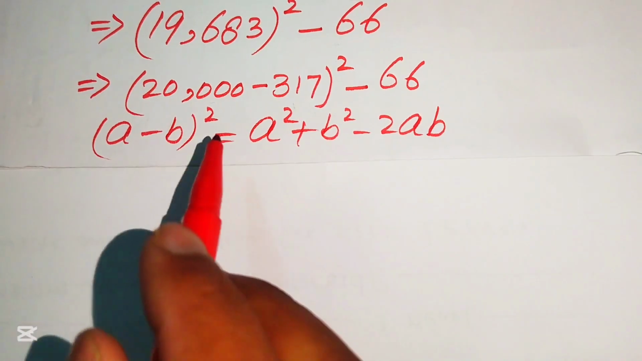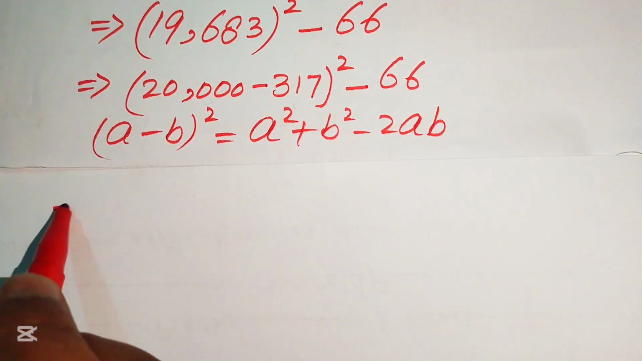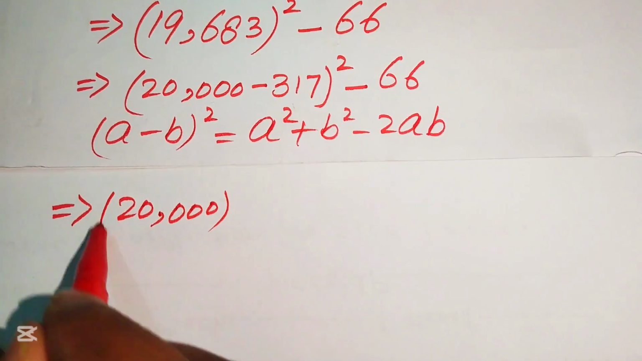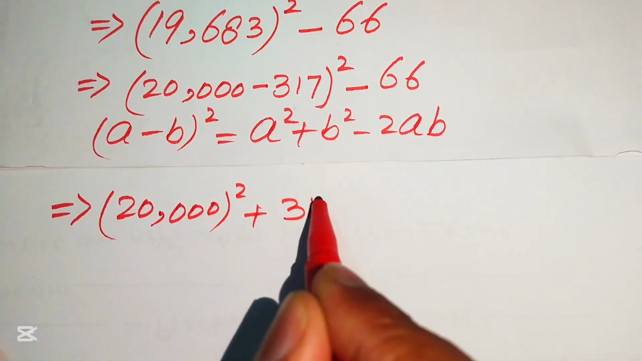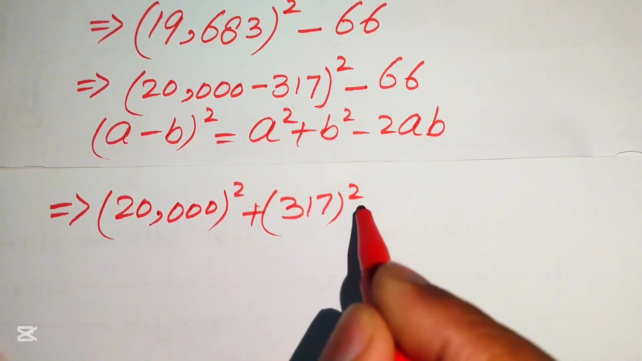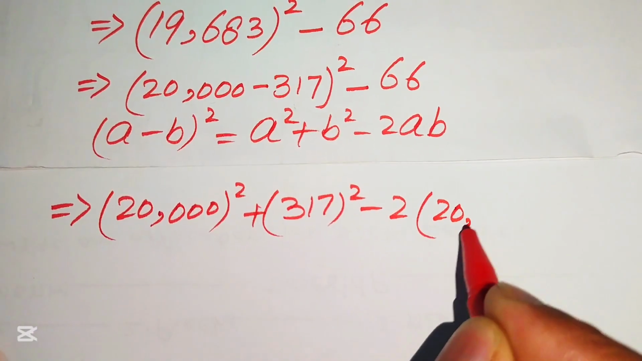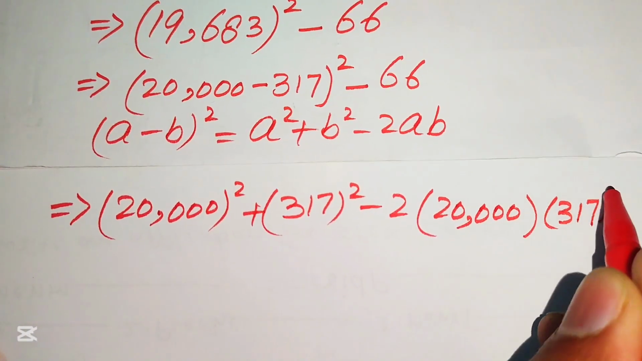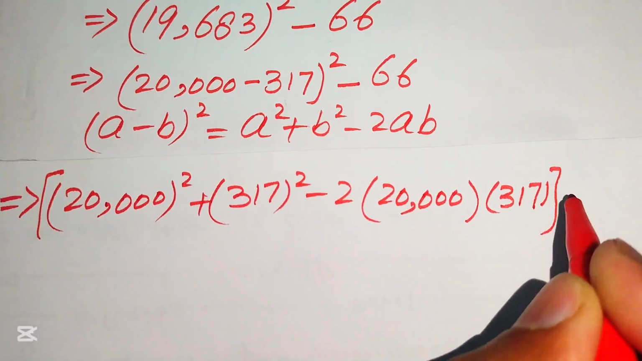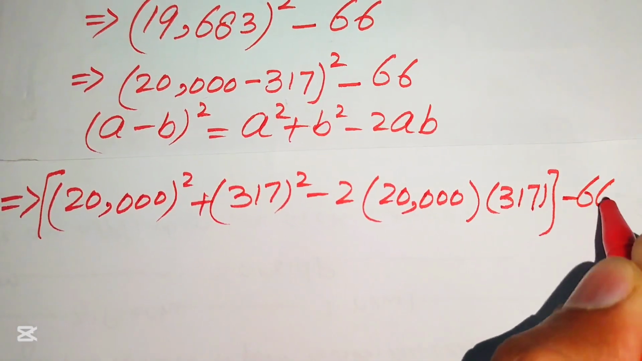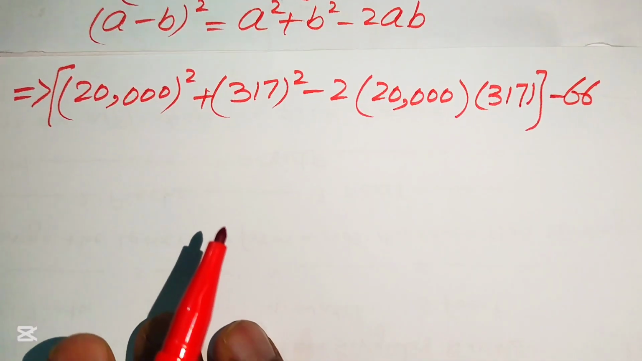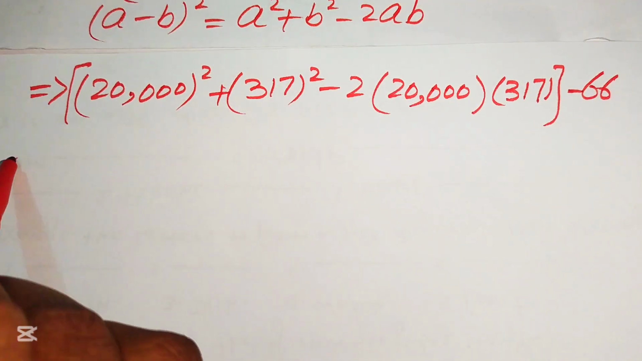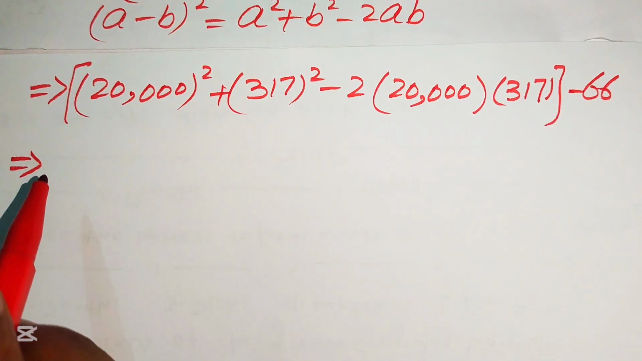So according to this formula, we need to expand it, and our above expression is written as 20,000 square plus 317 square minus 2 times 20,000 multiplied by 317, and this number is subtracted by 66. Okay, so here we need more simplifications, and now when you expand the square of 20,000, we know that